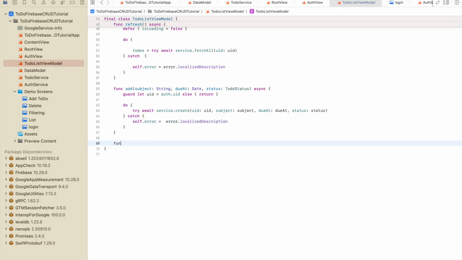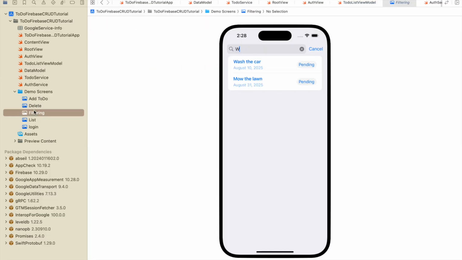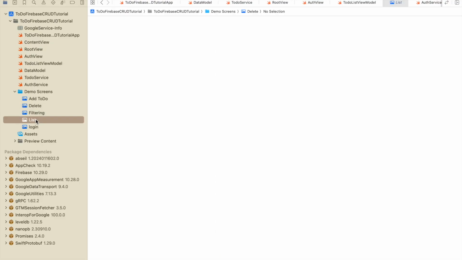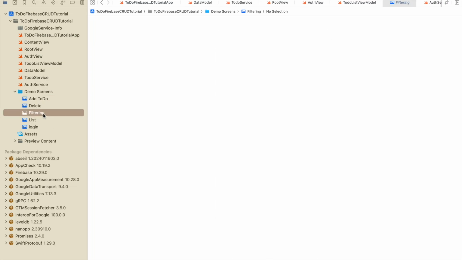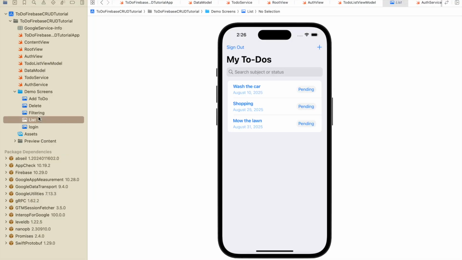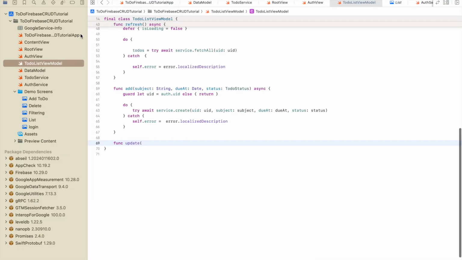We also need to create a function to enable the user to update their to-do. Anyway, it allows the user to update their to-do. So to update their to-do, the function needs to take a to-do object, which is to-do,